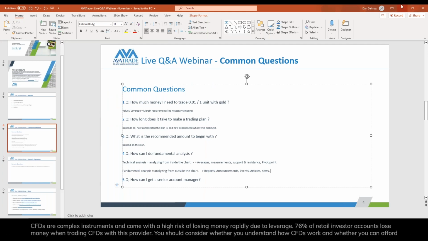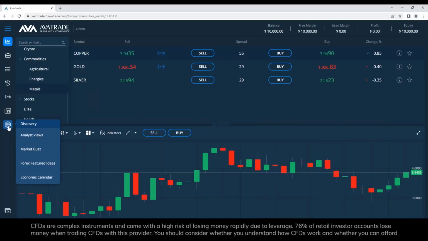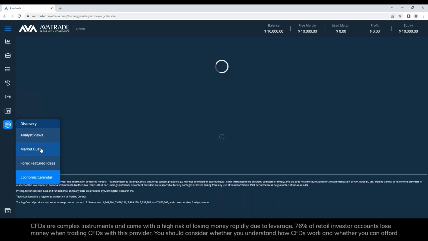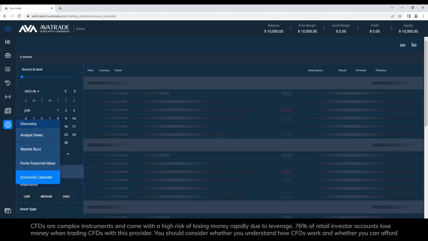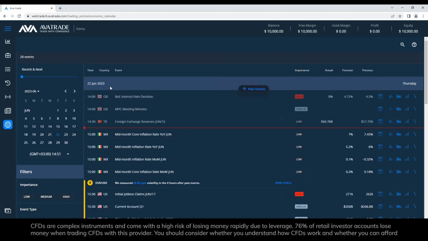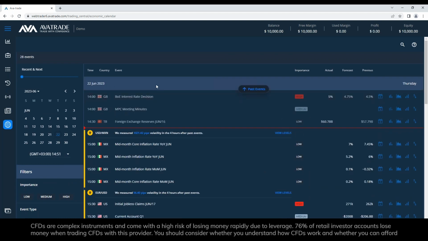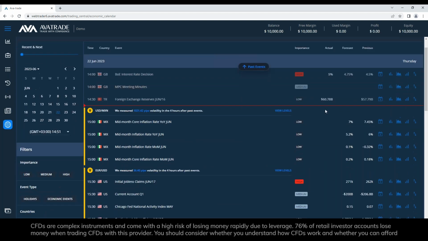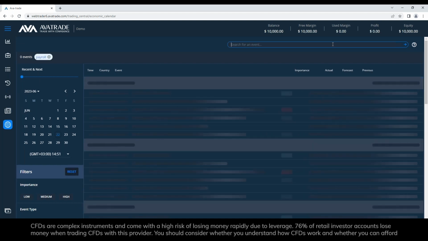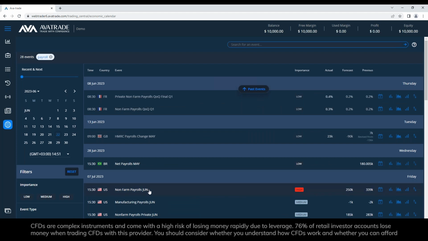Anyway, the way that it works is I can click here on the globe icon, and then I'm going to go to economic calendar. There are a lot of interesting things here: analysis views, market buzz, Forex features, ideas for technical analysis. But that's the best way to get fundamental analysis because you can practically search what you are looking for. So the next non-farm payroll is